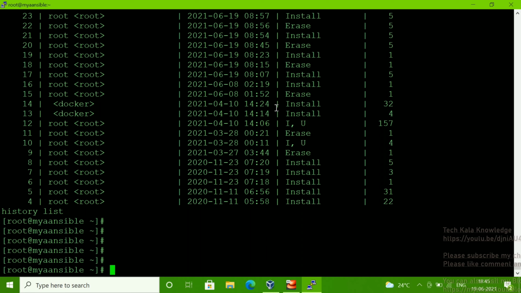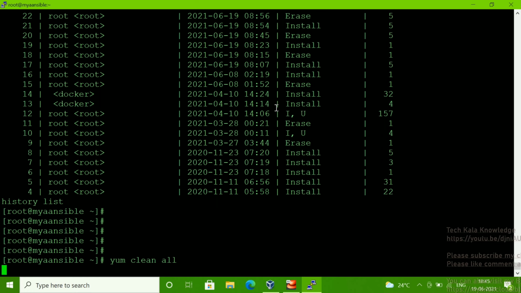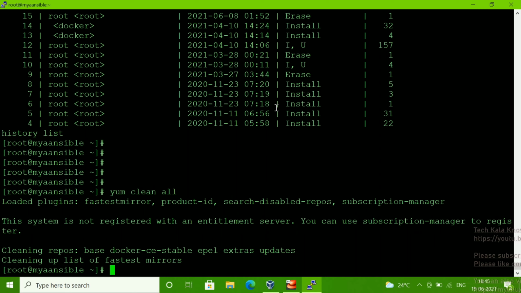So what I am suggesting is, before you update your system, install any package or remove any package, you need to clean your yum cache. So you have to run yum clean all. It will remove the yum cache files. This command will not harm; basically we are just cleaning the cache.